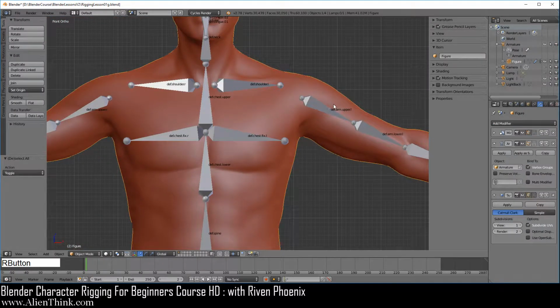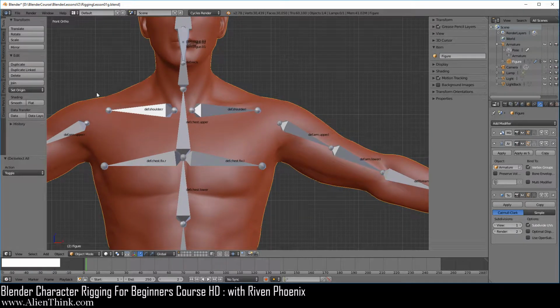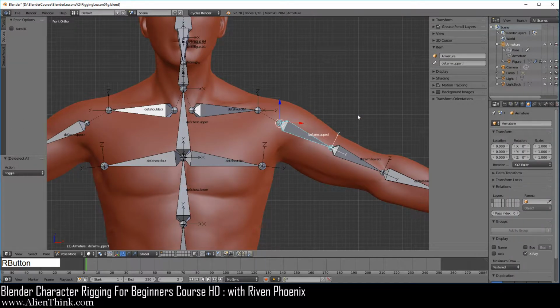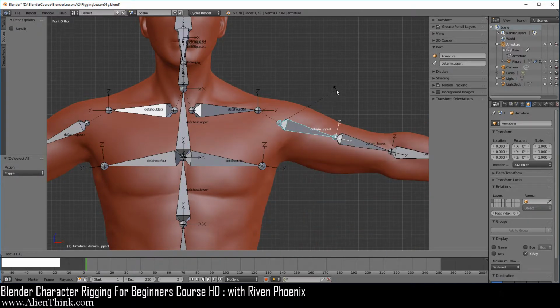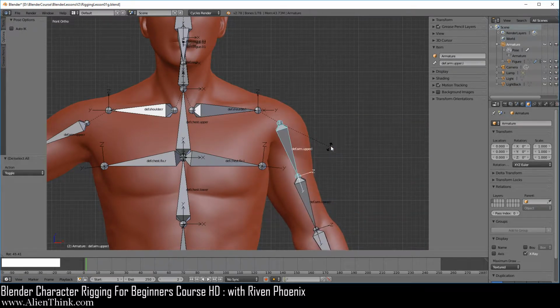Now go ahead and click on this figure and make sure that you are on the modifiers tab. Okay, now I'm going to show you something over here. Remember, we're not saving anything in this file, we're just going to reload it again. Click on this bone over here and press the R key. Now notice that this is the speed inside the 3D view that we're going to be working with when we are going to be rigging our model.